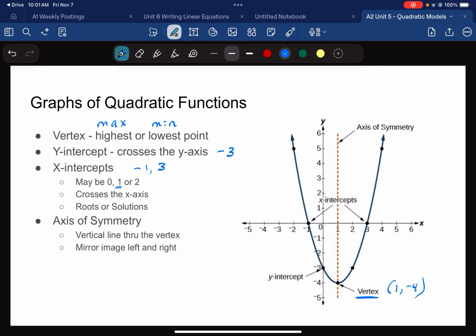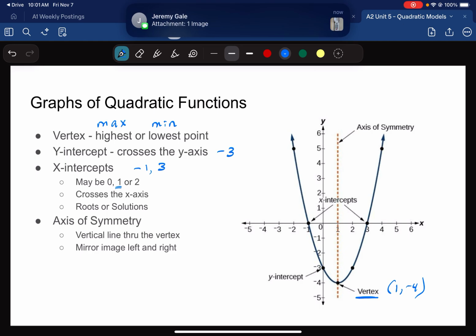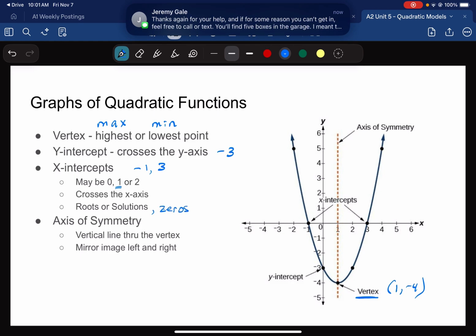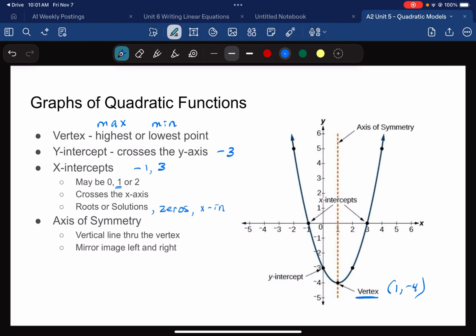Or, like we have in this example, we have two roots, and sometimes those roots are rational, meaning I can express them as a fraction, and sometimes they're irrational, where they don't have a specific value. So also know that roots or solutions or zeros and x-intercepts all mean the same thing. All those refer to the same thing, okay? Just different, we talk about roots of an equation or a quadratic function, or solutions to a quadratic function, or zeros, because that's where it crosses the x-axis, and y is 0 there, and x-intercepts because that's where it crosses